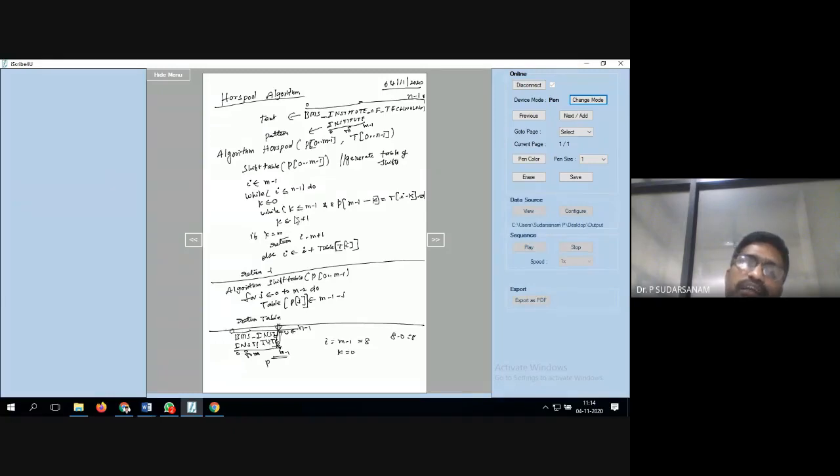If these conditions are not matching, then it will go to the shift table, and all these things will be checked. If finally the while condition is not matching, then return minus 1. So it will return minus 1, meaning the string is not matching. String not matching means finally minus 1. That's all.